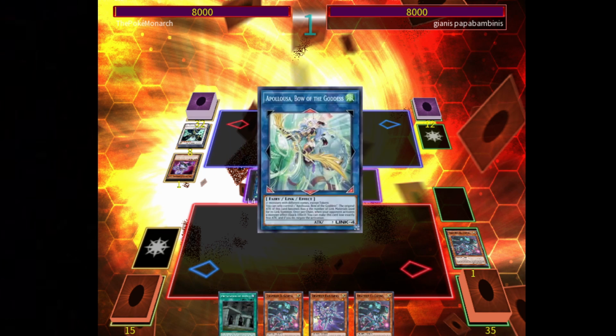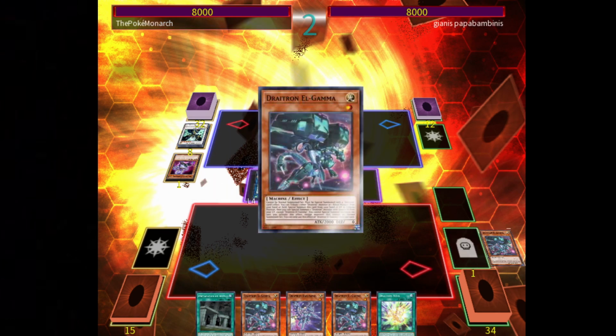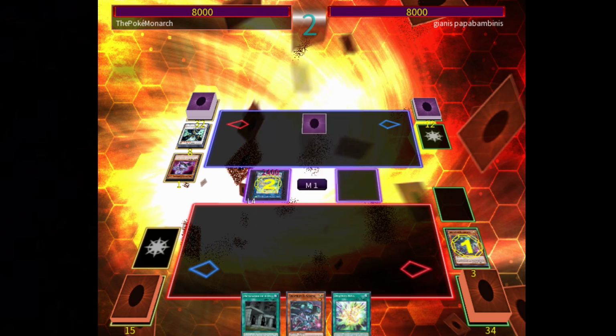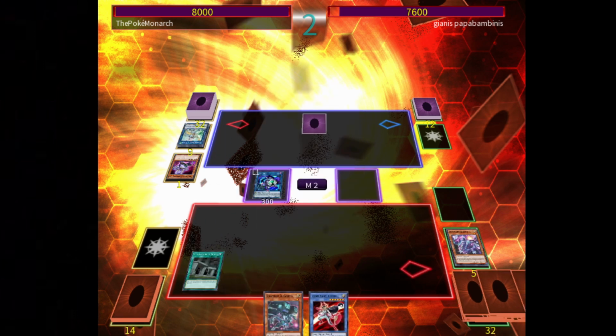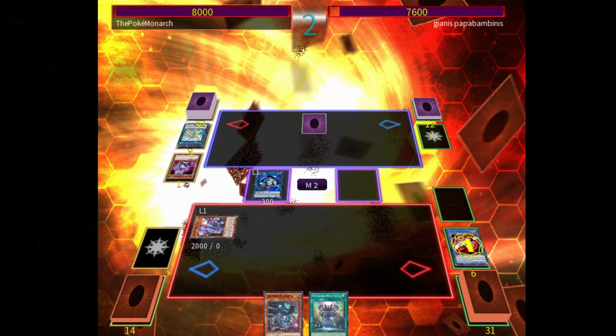Now they go ahead and summon out Apollosa Bow of the Goddess, which has 4 negates on it, the maximum negates that it can have. They negate our Alpha, they negate our Gamma. At this point, we go into Nova because it can attack over their monster for 400 damage, and we go into Link Kribo,